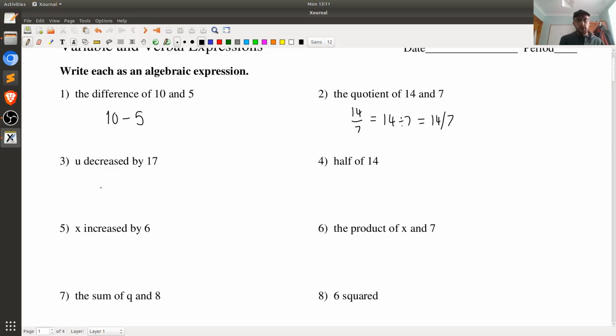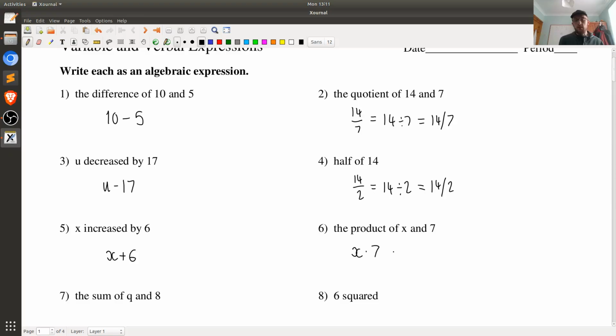U decreased by 17, we write as U take 17. Half of 14, we write as 14 over 2, or 14 divided by 2, or 14 / 2. X increased by 6, we write as X add 6. The product of X and 7, we can write as X